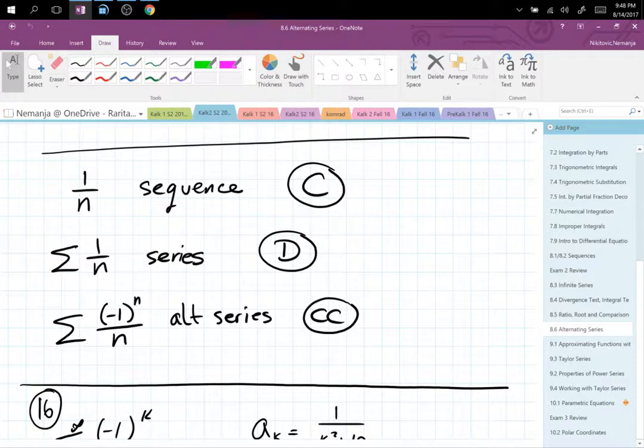This stuff. So 1 over n is a sequence, right? There's no summation in front. So that's 1, 1/2, 1/4, 1/8, right? And that converges. And then if you put summation in front of it, it diverges, because harmonic series, p-series, right? P is 1, it diverges. But then if you put the alternating, it conditionally converges. So you see the same 1 over n with slightly different parameters around it,